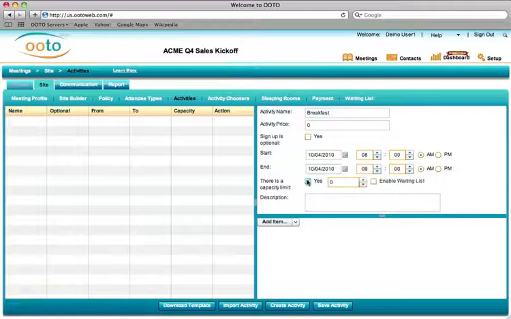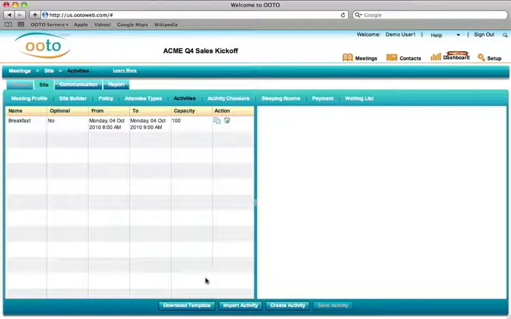And I can establish a capacity limit beyond which the registration site will no longer allow people to select or sign up for this activity. Additionally, I can create a waiting list for this activity so that people can get on a waiting list if the capacity is not available. Once I'm done, I simply click on Save Activity, and the activity is added onto the left panel that we